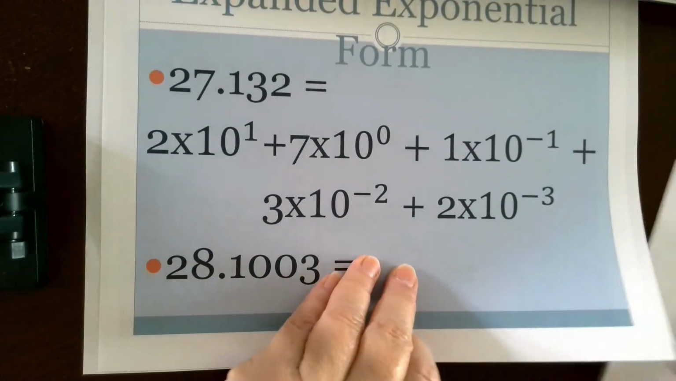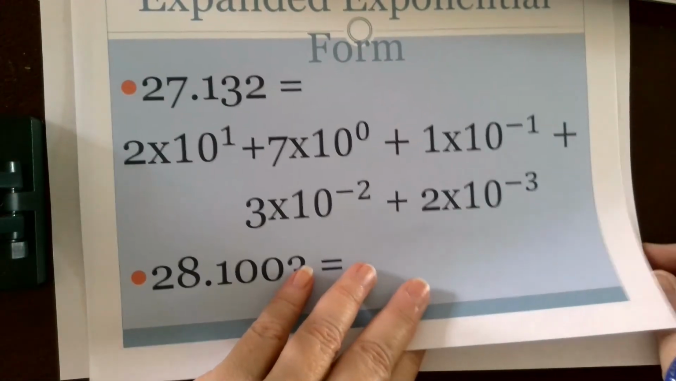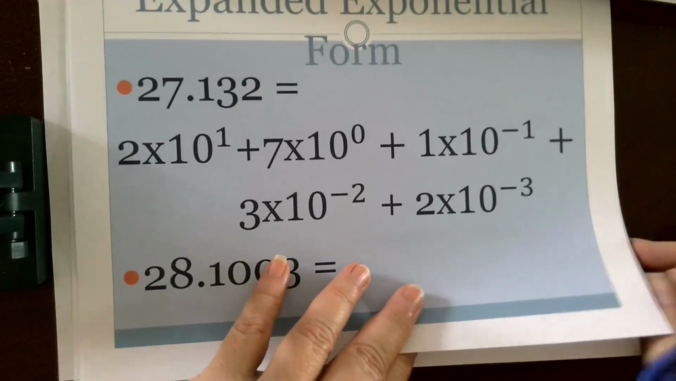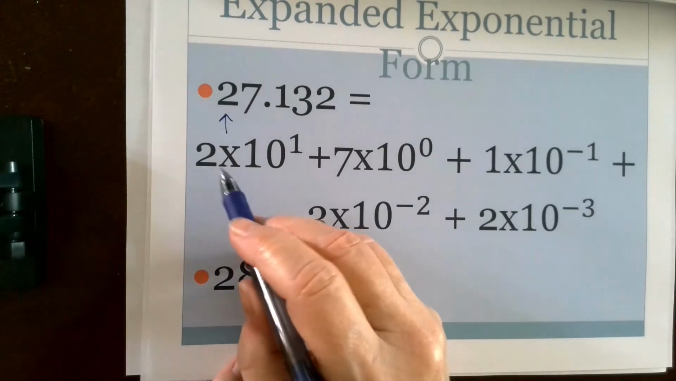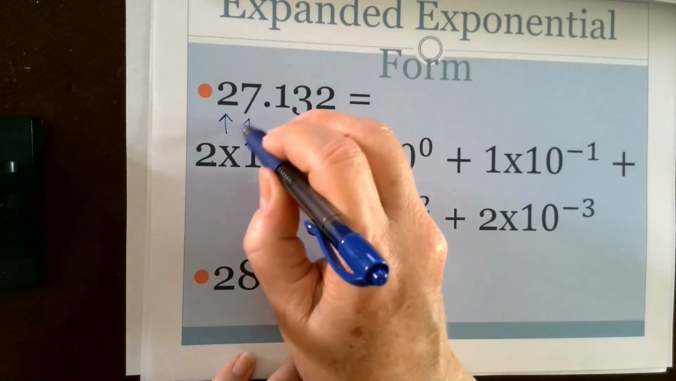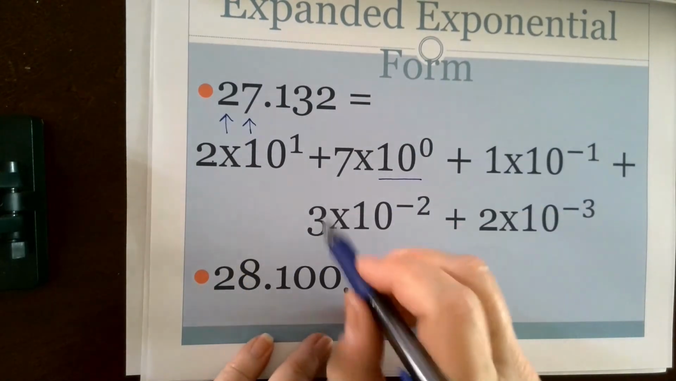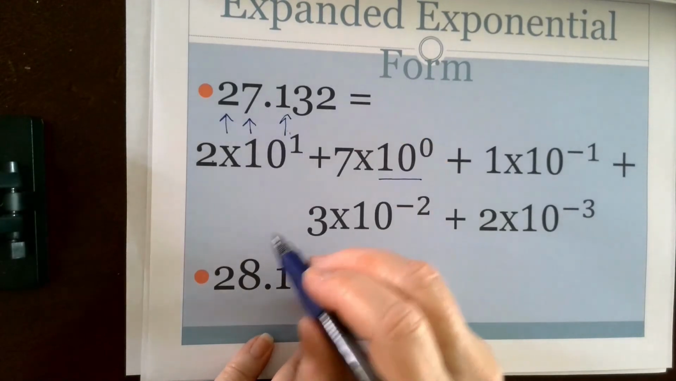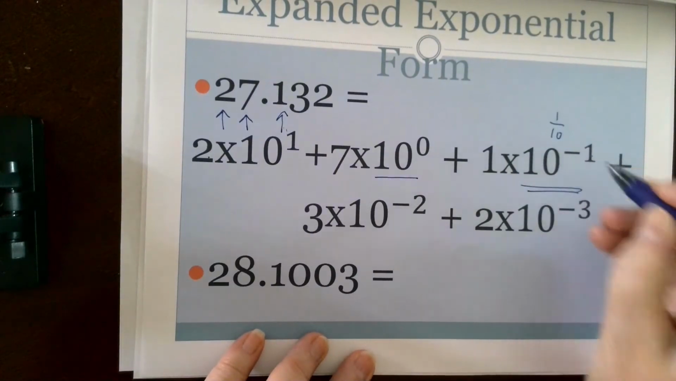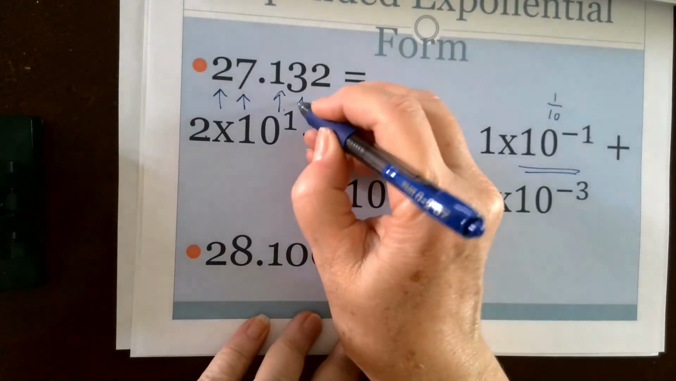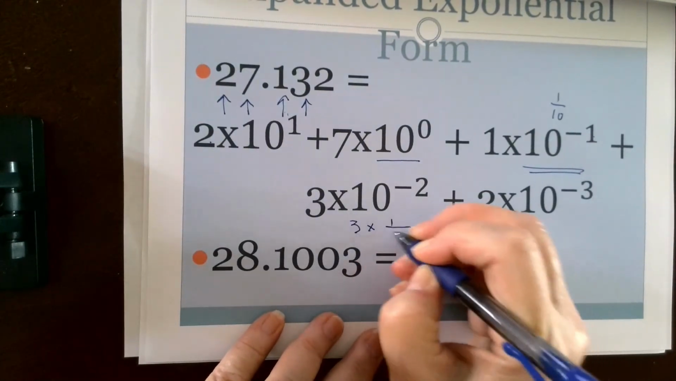Let's try expanded form again, and instead of hundredths, thousandths, we're going to write it with 10 to some power. This digit's in the tens column, so it's 2 times 10. This digit represents 7 times 1, so it's 10 to the 0 power. This 1 is in the tenths column, that's 1/10, but we know that's 10 to the negative 1 power. This 3 is in the hundredths column, so you could say 3 times 100th, but if you want to write